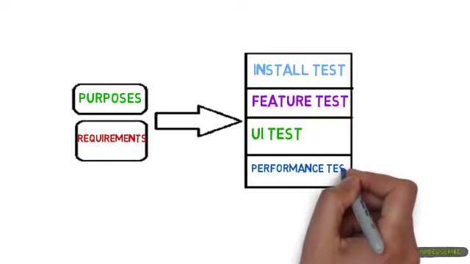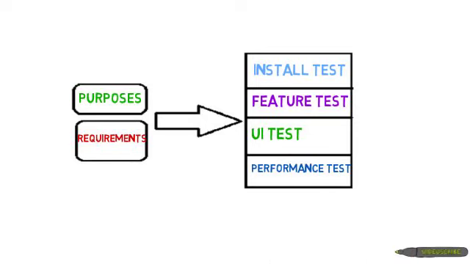Next is performance testing. The game should not slow down and it should never freeze up. For performance test, you can identify the common tasks in the game and the acceptable response times from the game. Then you test the game to note the actual times against the acceptable response times.